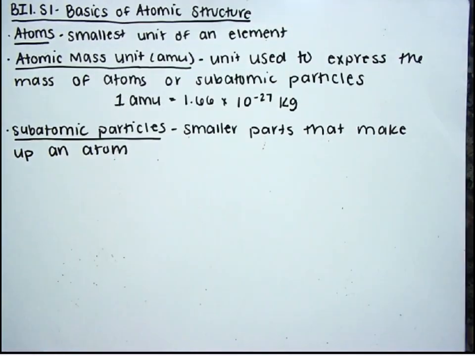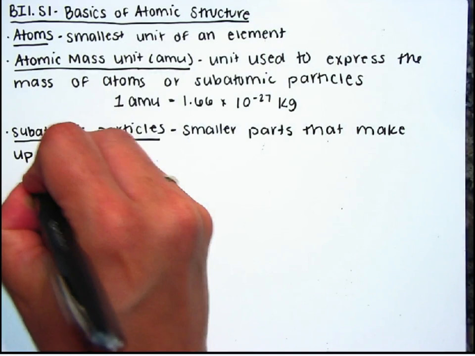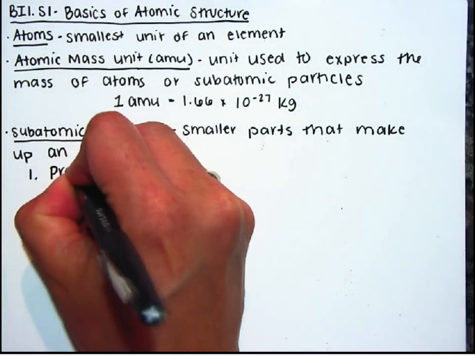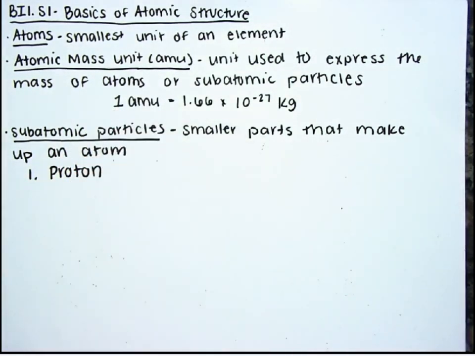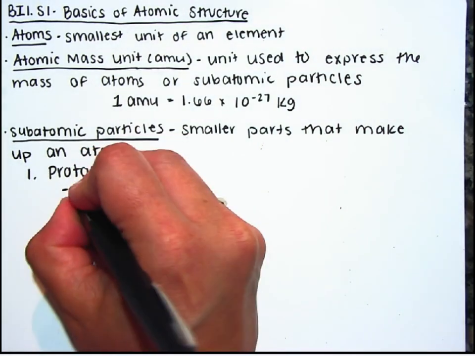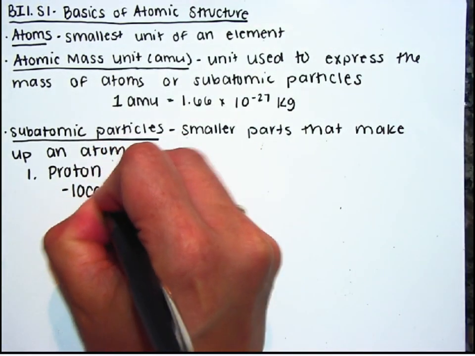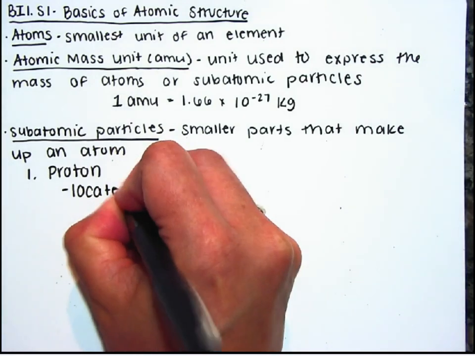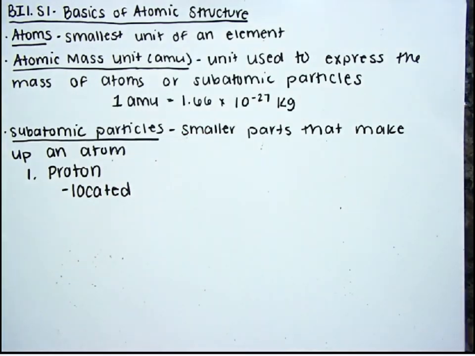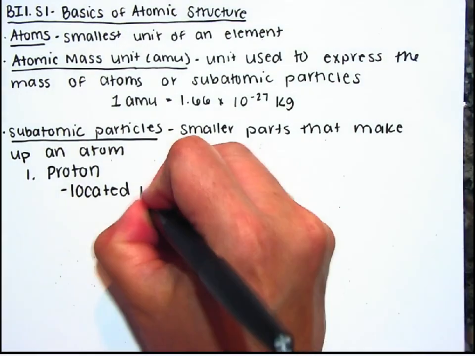And there are 3 of them. So up first is the proton. A few things you should know about our subatomic particles: where are they located, what is their approximate mass, and what is their charge. So protons are located